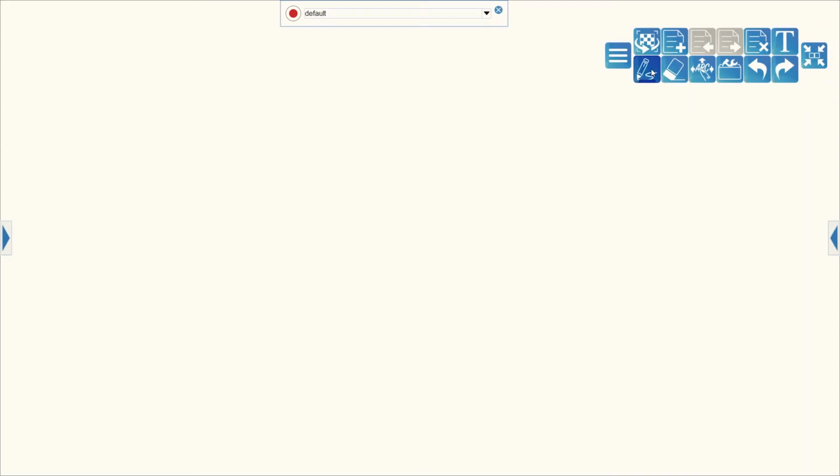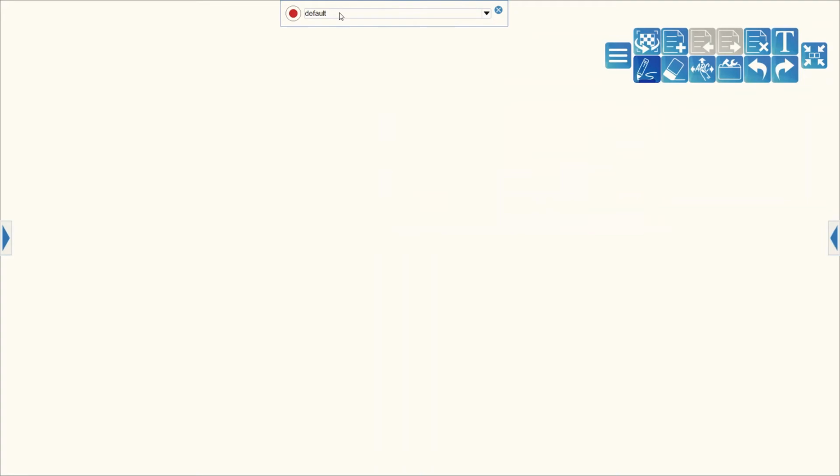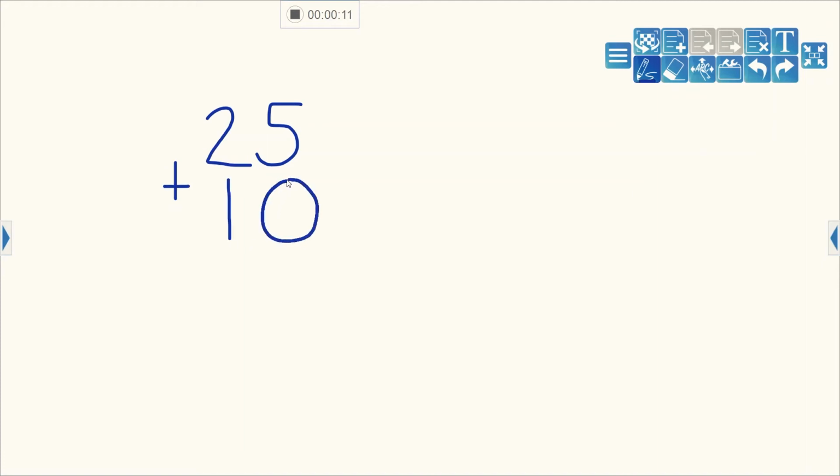Make sure I select which pen I would like to use and my color. Click on the little red circle to begin recording. Do a very simple math problem, record this so I can send this back to my students at a later